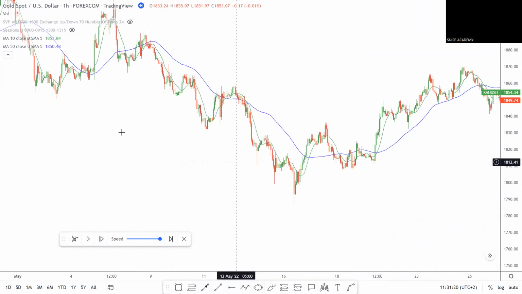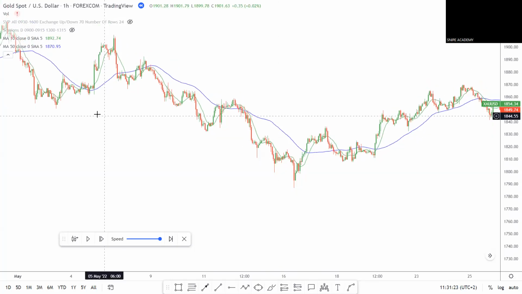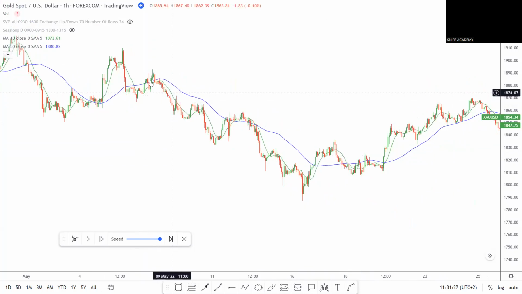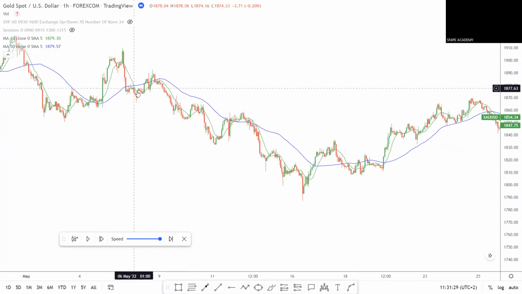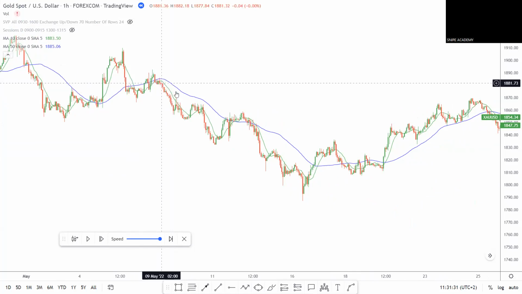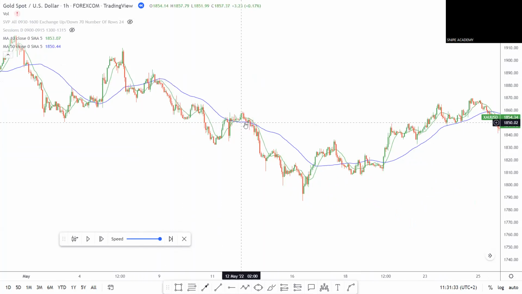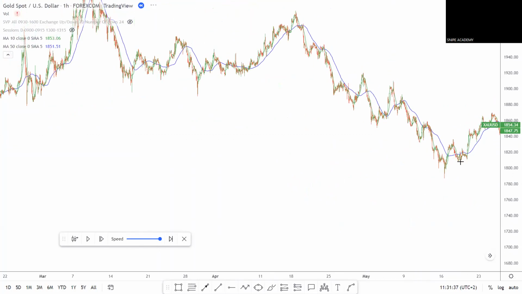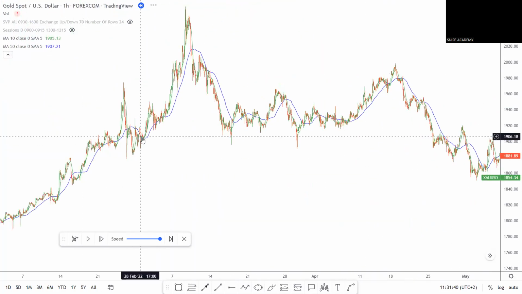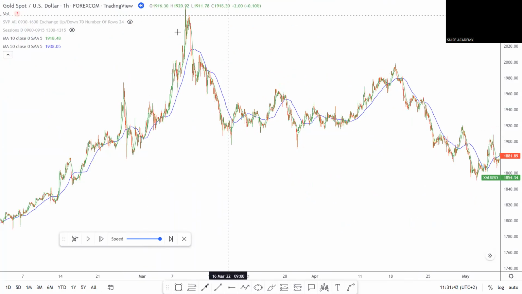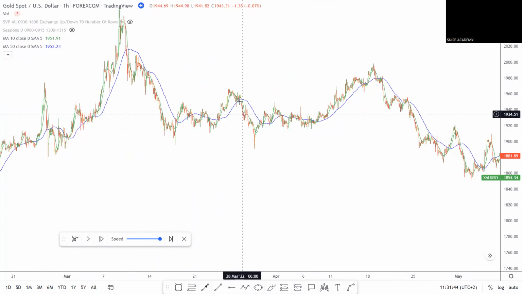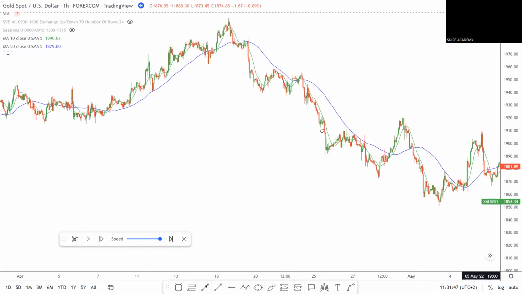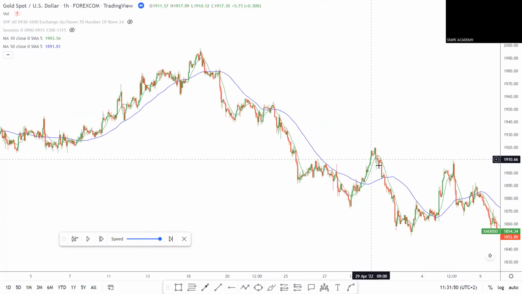So loads of traders use the moving averages for the moving average cross. This means whenever, for example, the green line is below the blue line, they will look for sells. And whenever the green line is above the blue line, they will look for buys. This sometimes gives great opportunities. For example, here, the cross, great opportunity. But from my personal experience, and more with gold, this just gives loads of false signals.